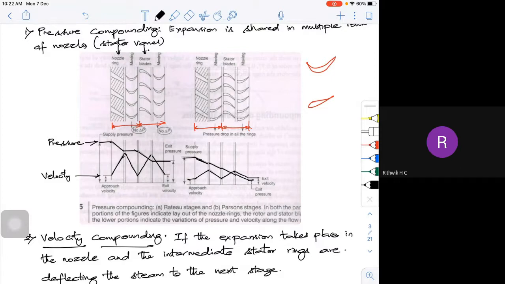Now, if you come to the reaction type, what will happen? The velocity increases and decreases in the nozzle followed by the rotor, but the change is small. Look at the numbers, the vertical heights. Say here the velocity increases to maybe around 100 meters per second, and here it is around maybe 30 meters per second. So in case of reaction turbines, the component of velocity increase or decrease in case of